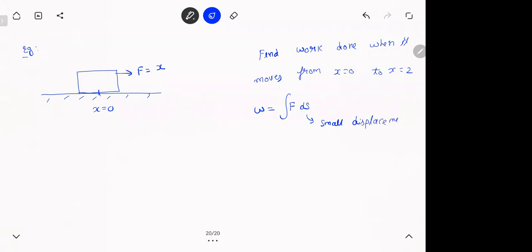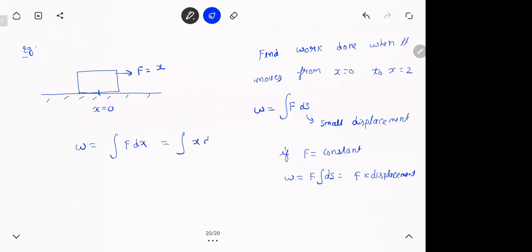Why do we need to do these things? Because force is not constant. Are you getting it? If force is constant, it will come out of the integral. Then you will get the general formula. If f is constant, then the work done will be f into integral ds, which is f into displacement only. This is what you learned in school, force into displacement. That is because f used to be constant every time. But if f is not constant, the formula is actually integral f dx. So what is the work done? Integral f dx.